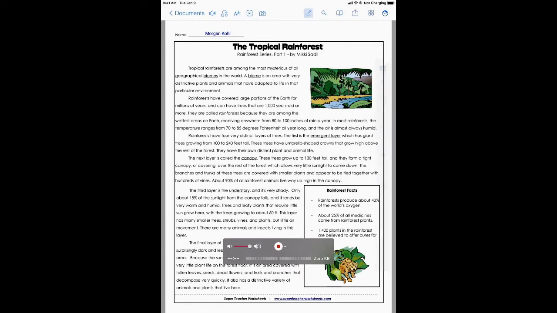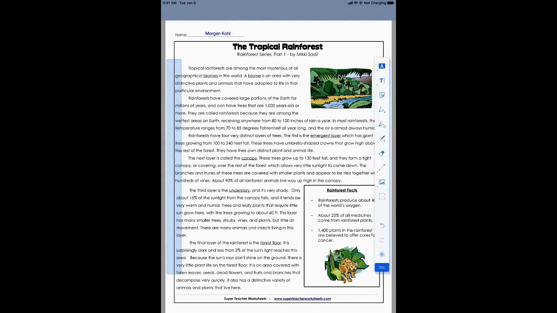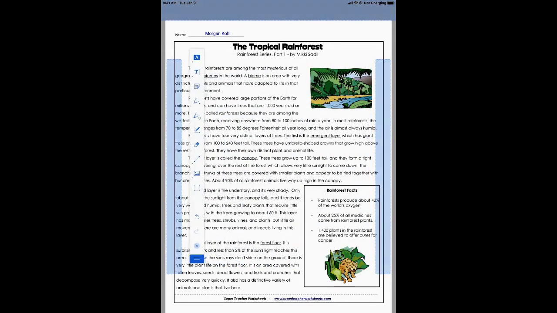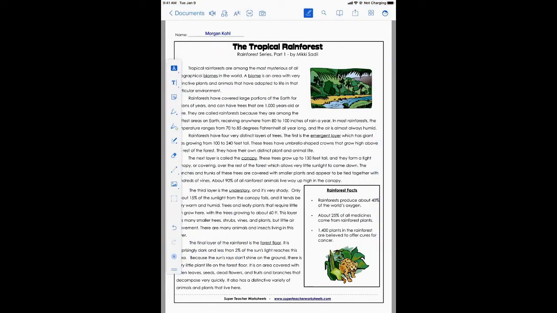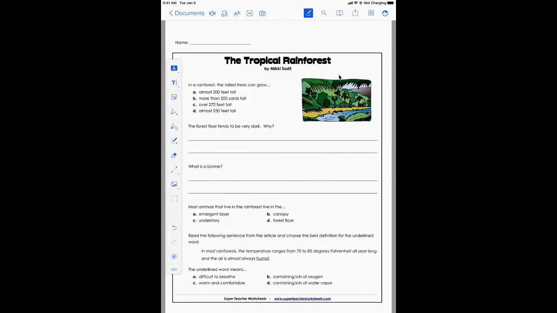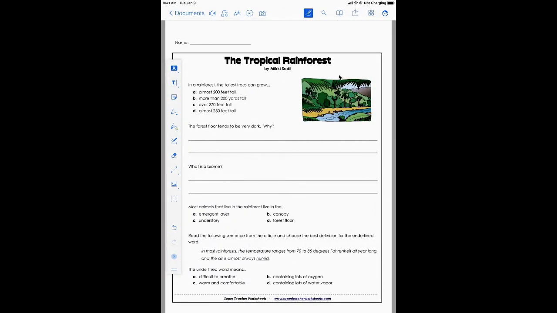So let's click on that pencil there, and we will get our menu bar of options that we can use to annotate. Looking at the bottom blue lines here, I can either move my annotation tools over here or over here. So perhaps I'll move it over there. Since this is a worksheet, as I'm scrolling here, I want to make sure that I am able to answer these questions to the best of my abilities. So we're going to read this PDF first, and then we can go in and answer our questions.